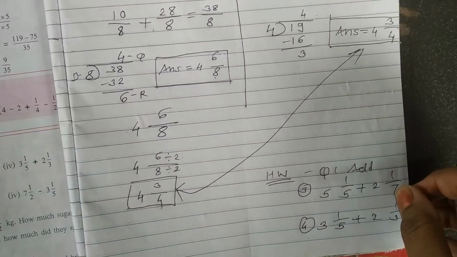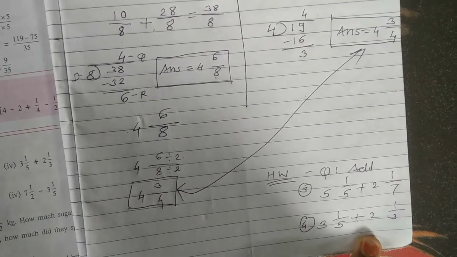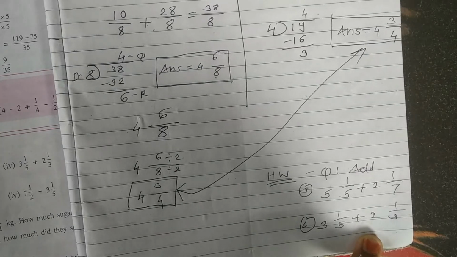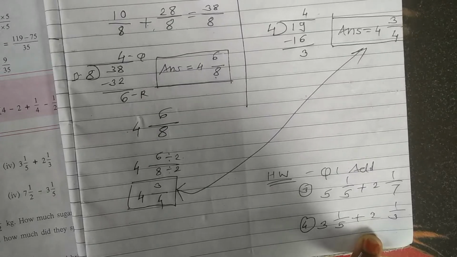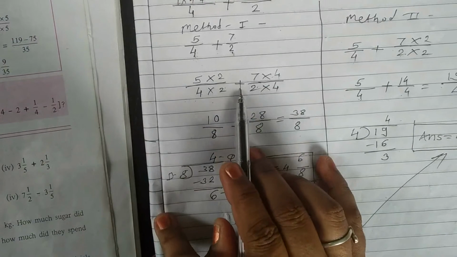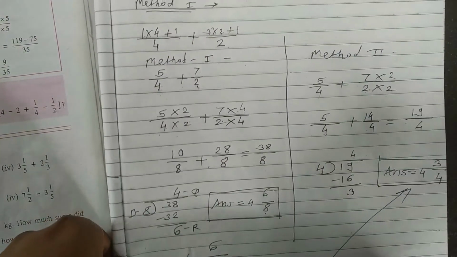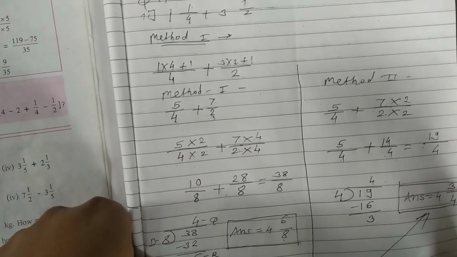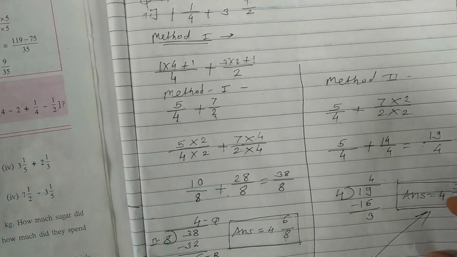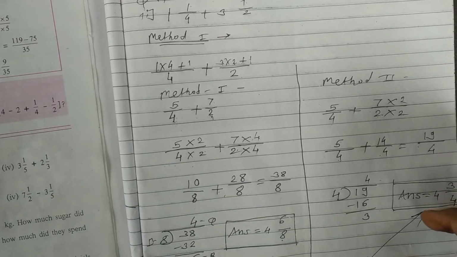So hope you understand. Solve this example for your better practice, and you can take more examples also for your addition. Till next video, we'll learn subtraction of mixed numbers. Same method, students, same. Here only the middle sign is plus, and in the next question middle sign is minus. Otherwise procedure will remain same. Hope you understand. If you do not understand, repeatedly see the same video at least 2 times. First time you do not understand, second time definitely you understand.